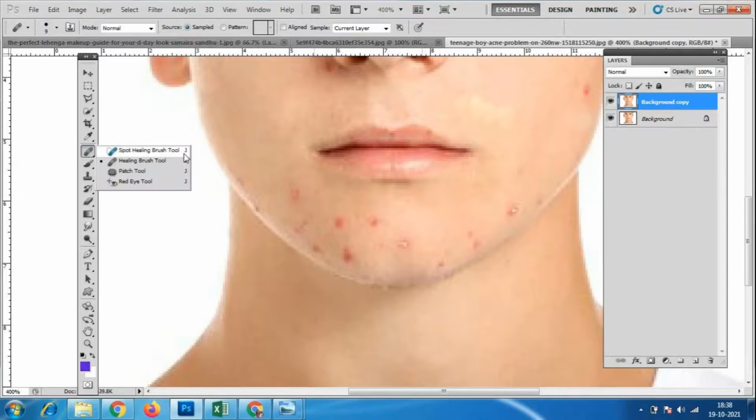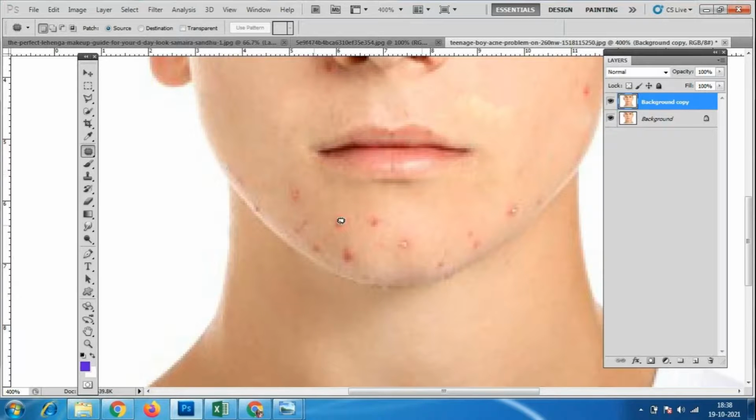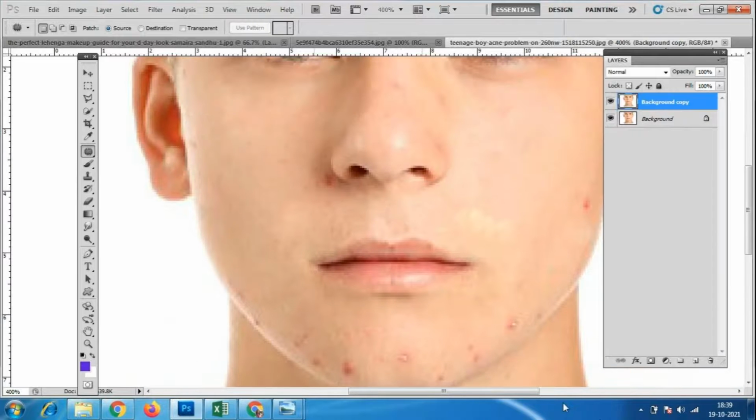And here we have one more tool called the patch tool. It's the same thing only. So I will use the patch tool for this. How will the patch tool work? I'll make a round mark over here, and look, it copies from near the skin itself. Control D. See, I have to circle the marks, and it copies from near to this area. These are very simple tools actually, which copy from the nearby area. Now all the patches are finished.